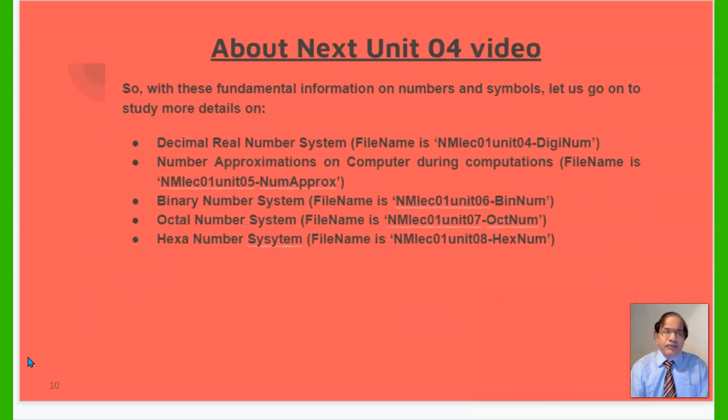Many civilizations have used other base systems. In the 3rd century BC, Mayans used a 60 digit number system, and in the Middle Ages, duodecimal, meaning 12 digits, 1 through 9, and then we use capital letters A and B for representing 11 and 12. So with this fundamental information on numbers and symbols, let's go on to study more details on